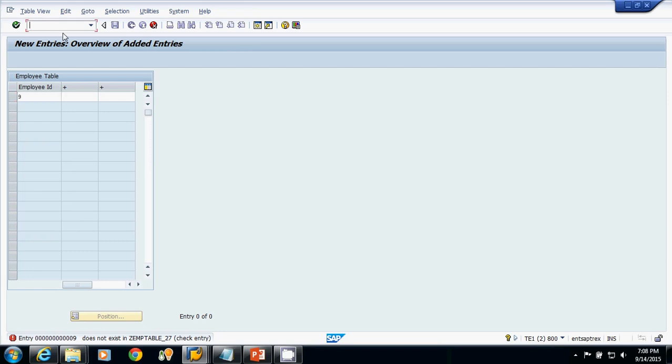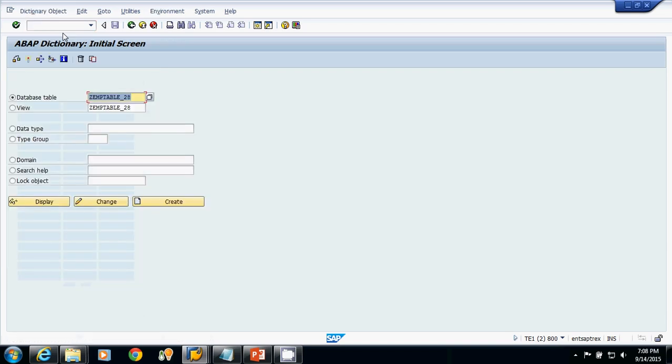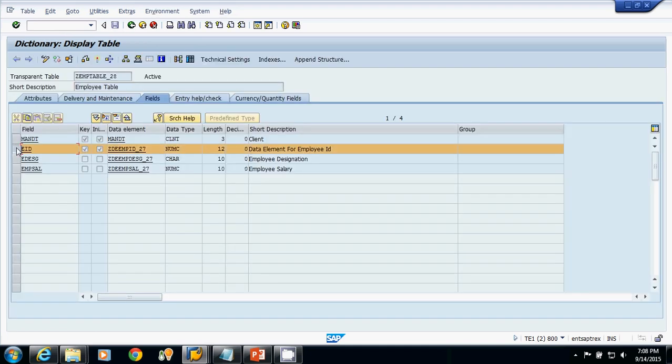Now I am again moving on to transaction code SC11. Now we will go for the concept of check table and value table. Now if I am displaying this table, I am again going for the same process.